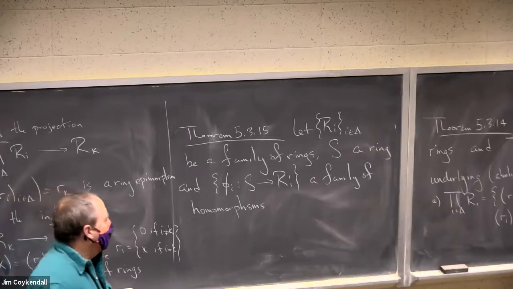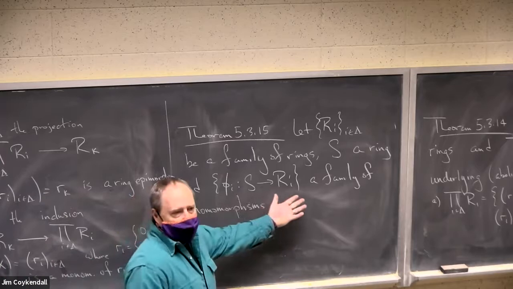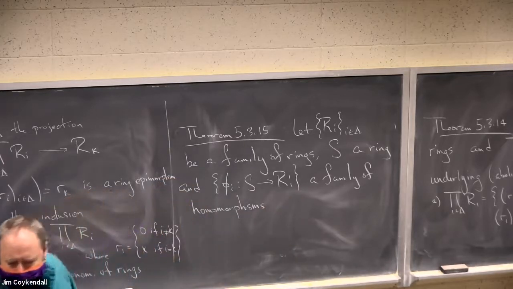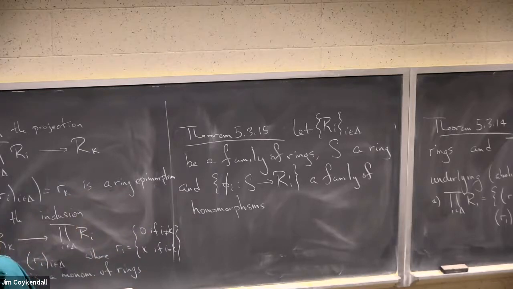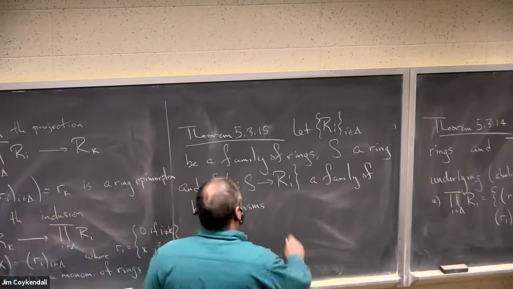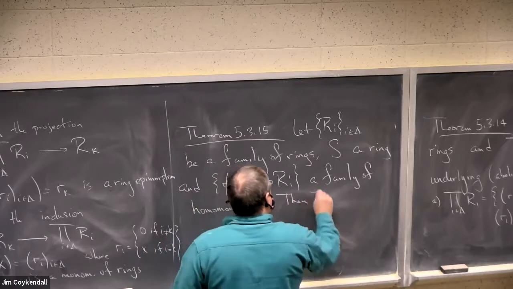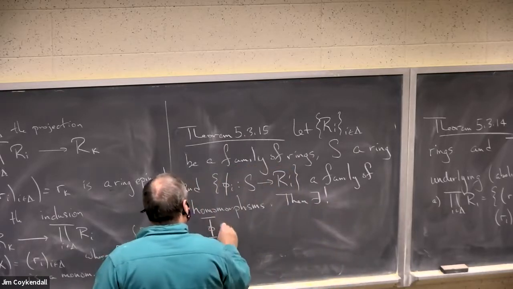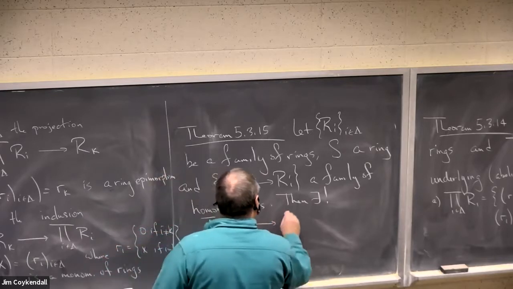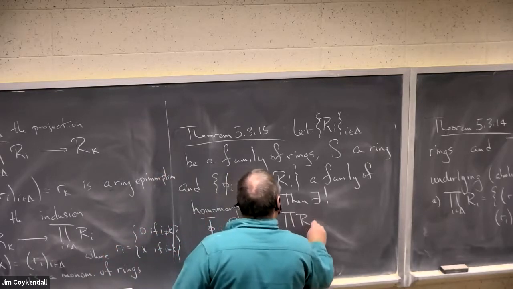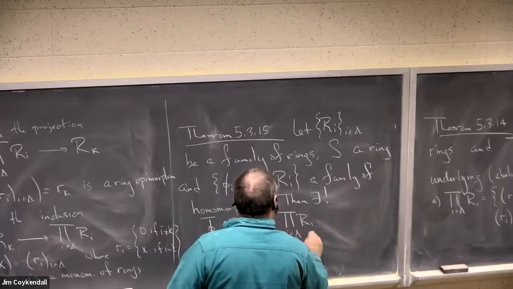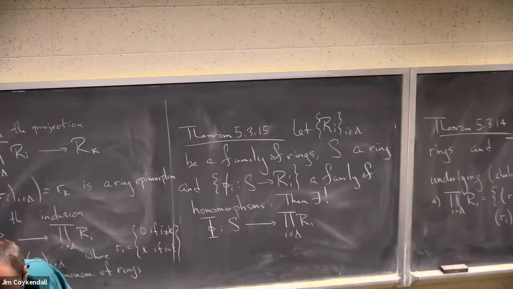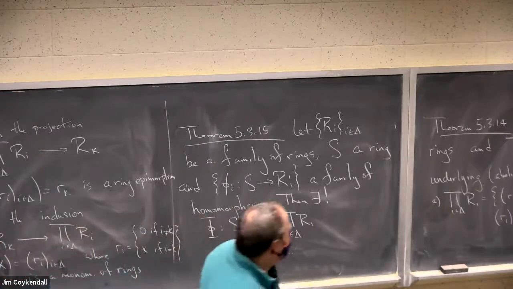And again, we can certainly allow the zero homomorphism, but demonstrates the thing of identity. And there is a unique homomorphism, let's say capital P, from S into the direct product that has the property